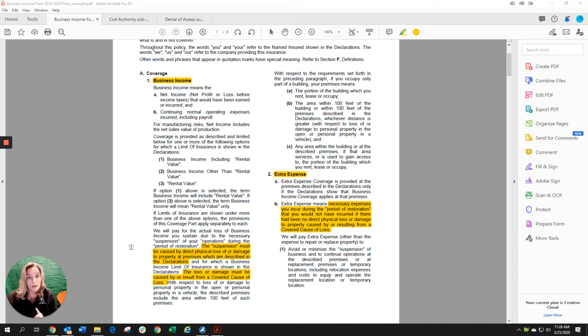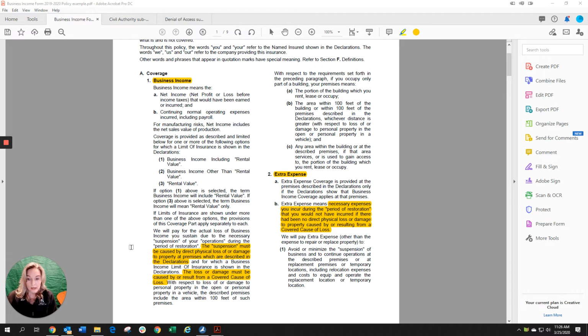So rule number one is if you have a business and you have more than one location, it is critical for all coverages that you have each location listed, because your business income is tied to that definition most of the time. So here, if I'm a restaurant, for example, my location is here. And it does say that direct physical loss.